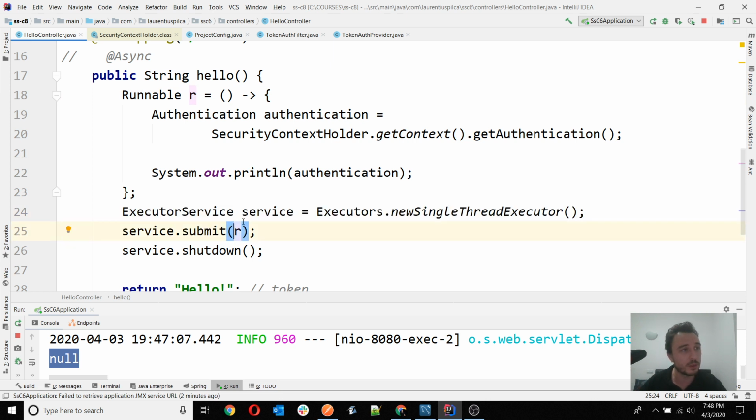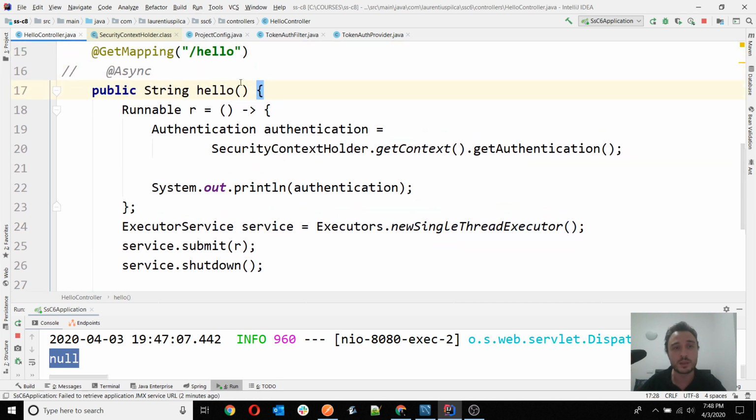So I think it won't be null since you use that mode. When you use that mode, it will copy the... Yes, I know that, but what happens is that this didn't work like this for the threads that you create yourself in the method. It didn't work to just put the inheritable thread local. So that's why I was a little bit